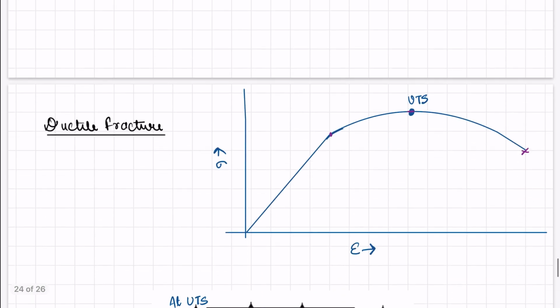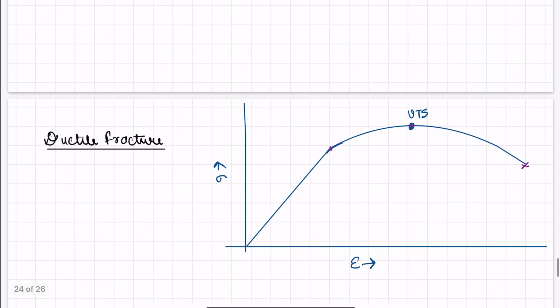Now we will move to the ductile fracture. Here when we take a ductile material and start elongating it, it first reaches its elastic limit and then the ultimate tensile strength point, and finally it fractures. So once it reaches the ultimate tensile strength point, at this point necking starts occurring because the length is elongating, and during plastic deformation the volume of the material remains conserved,